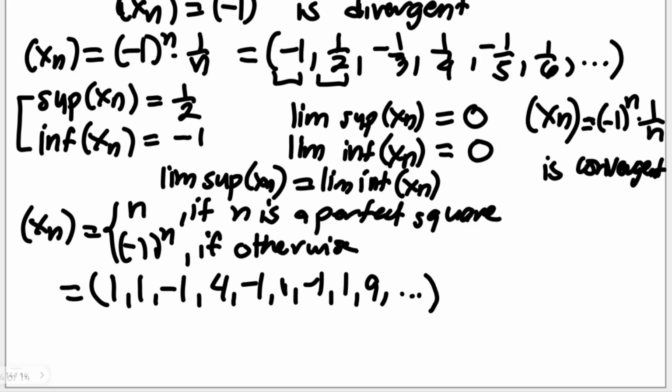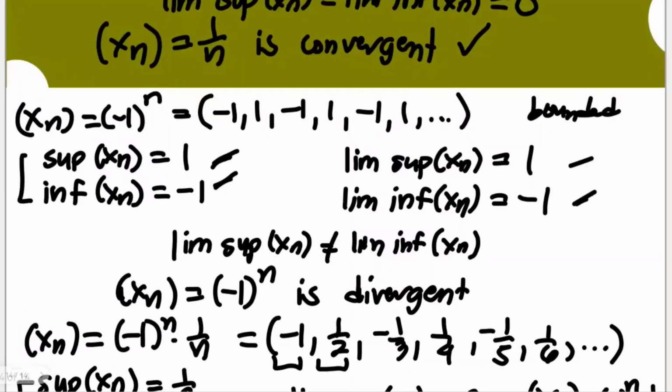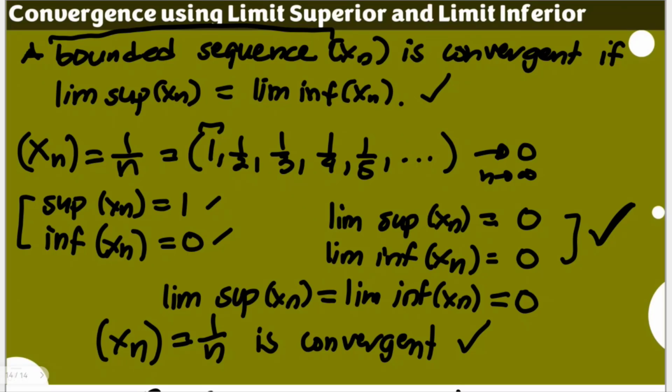Its supremum, the least upper bound. As you can see, this will increase, so on and so forth. The supremum of this is infinity, or positive infinity. With this in mind already, even if you're going to say that the infimum of x sub n is of course negative 1, since the supremum is infinity, this is not bounded automatically. Since it's not bounded, there's no need for us to identify the limit superior and whether the limit superior is equal to the limit inferior, because the criteria for this theorem is it should be a bounded sequence.